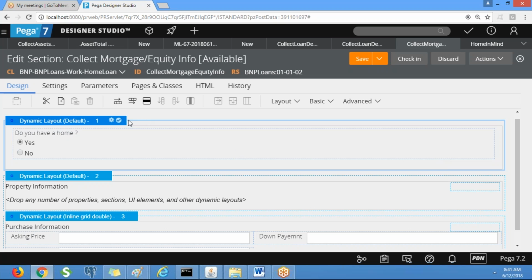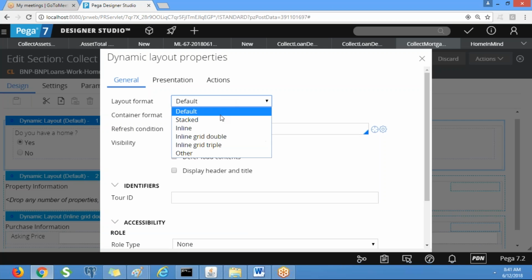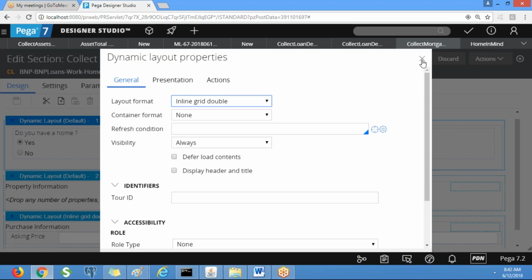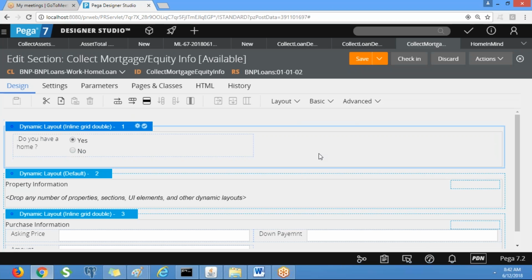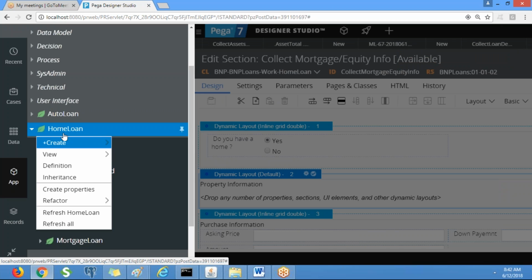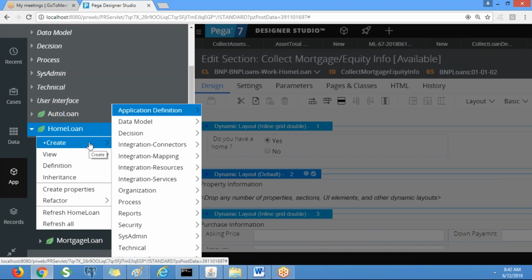Okay. So create one property called use current address, like this property. Okay. And select the control as radio button and provide yes or no values. If the user selects use current address as yes, you need to copy address details from borrower to here. So let's create the use current address property under the home loan class.